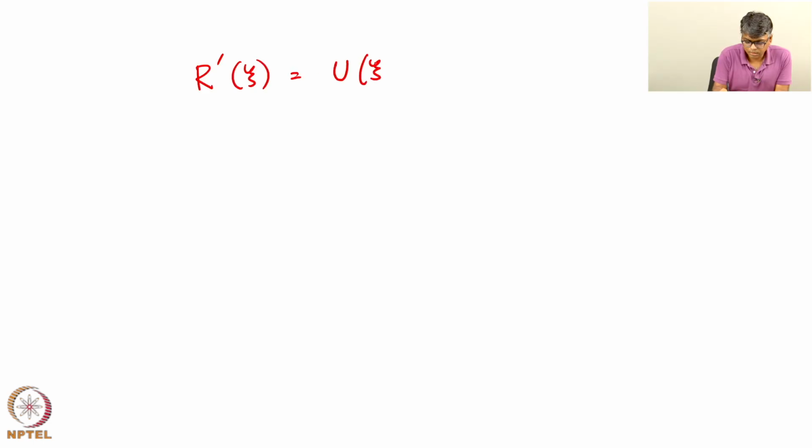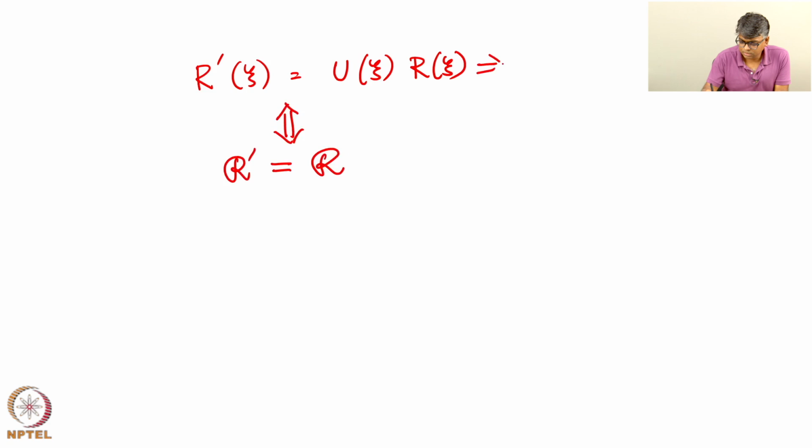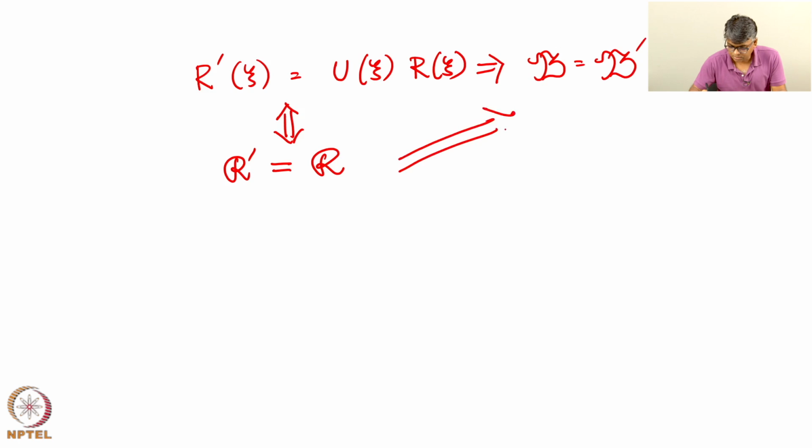So R prime xi equal to U xi R xi, that is equivalent to saying R prime module is equal to R, and because this implies B equals B prime, by this equivalence this also implies B is equal to B prime. Okay, which should not come to you as a surprise, because after all, you see, when we are dealing with